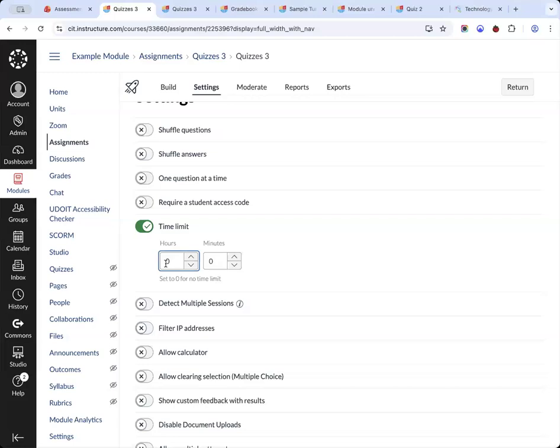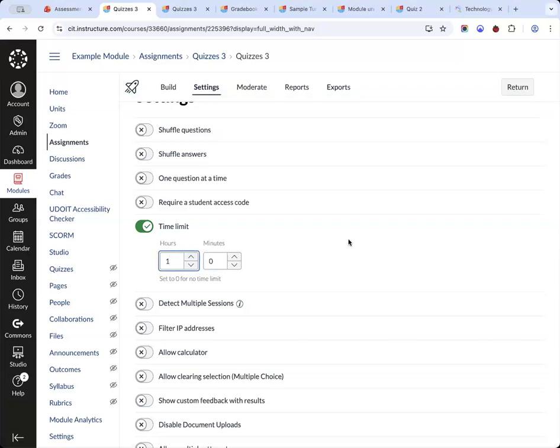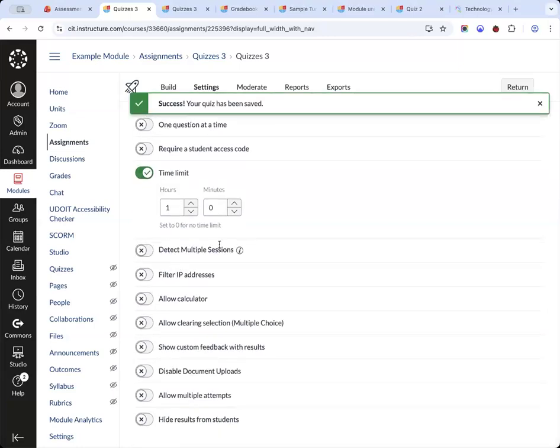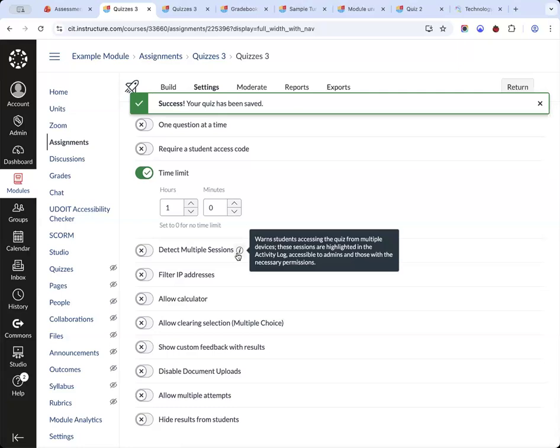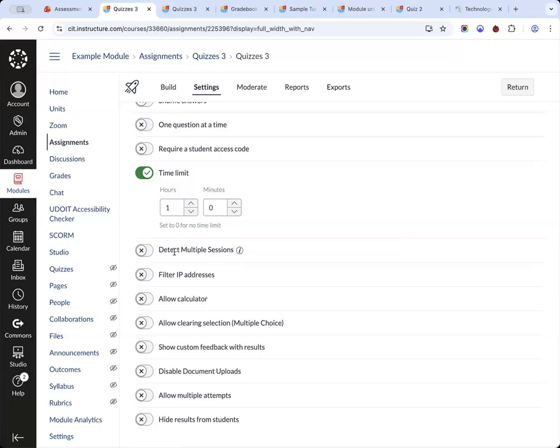So, for example, if this is something that you want students to do as a summative assessment activity, then you might only want them to have access to this for 1 hour. Detecting multiple sessions is kind of a safety, or I suppose a security feature. So if the student is trying to access the quiz on multiple tabs at the same time, Canvas can detect